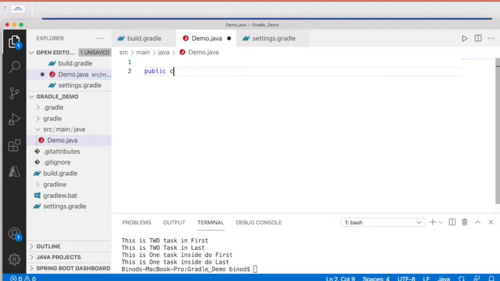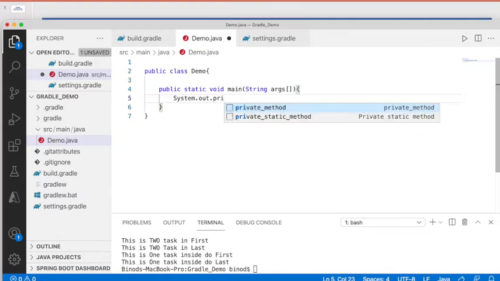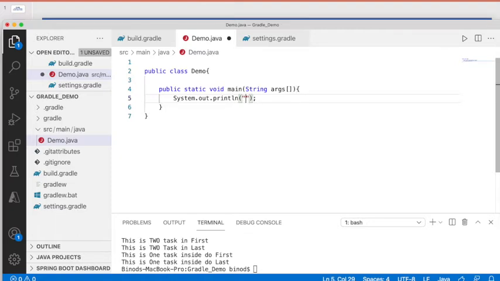Here you write public class Demo, public static void main, and print: this is my first Gradle based project. Now I save it.